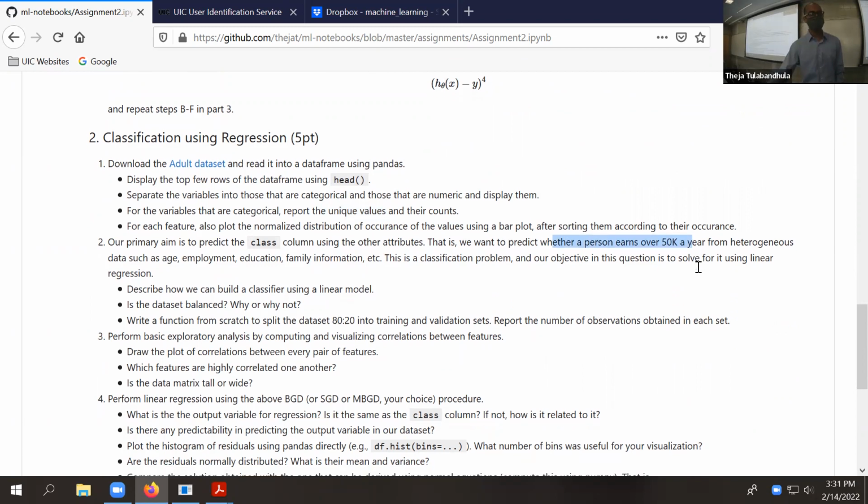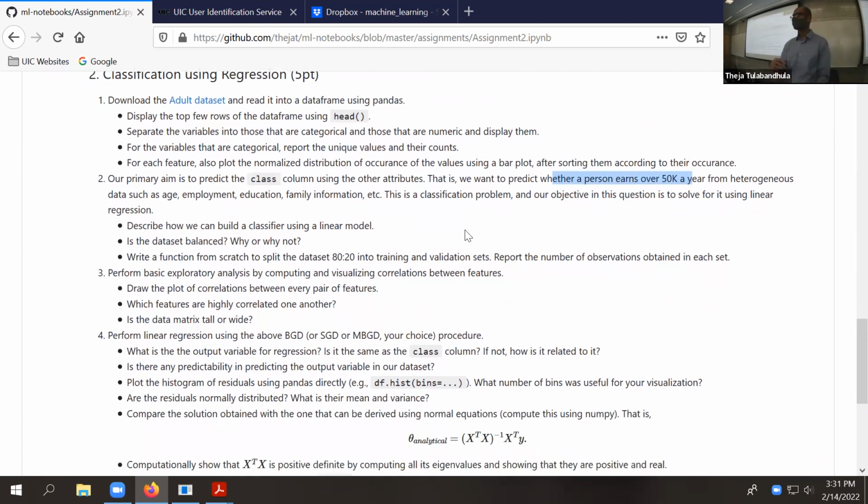So the question is asking, can we solve it using linear regression? Okay, using linear regression. So we want to still use linear regression, not logistic regression that we're going to cover today. Okay, we still want to use linear regression, and we can partially use it. There's no issue with it even if its output is a class, we can still use linear regression, right?